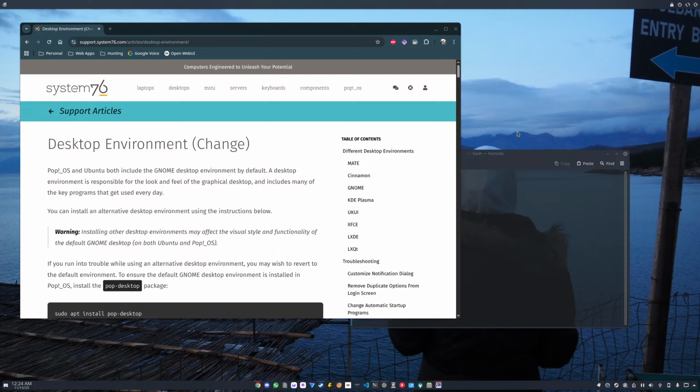Just to be clear, when I say visual differences, I don't mean like a theme. I mean, as I mentioned, how windows appear and inputs work. So there is a difference. The biggest thing that people who used to use X11, well, before I get into that, X11 is very old, and